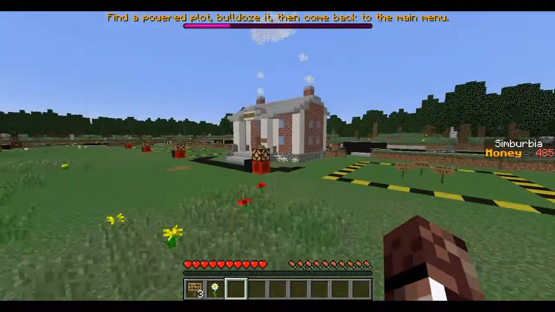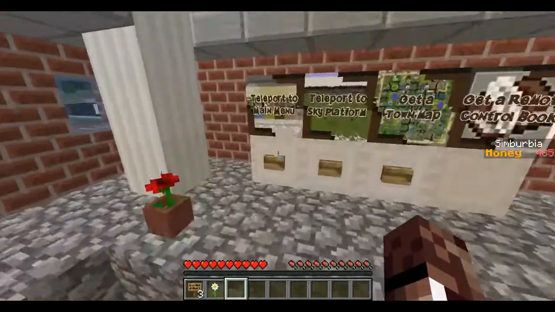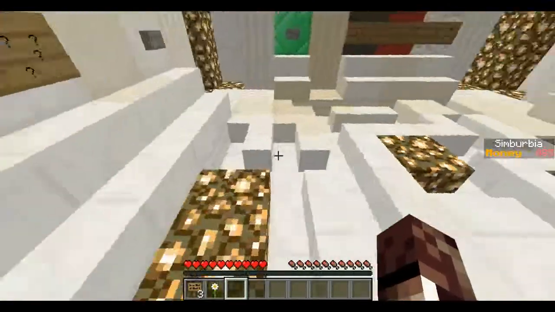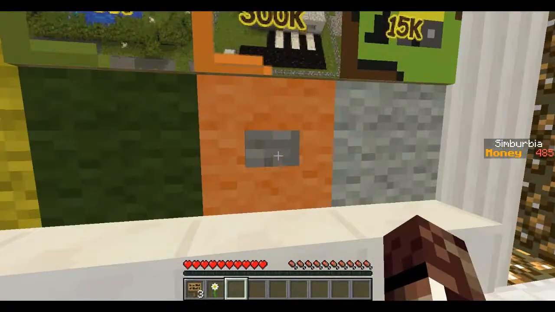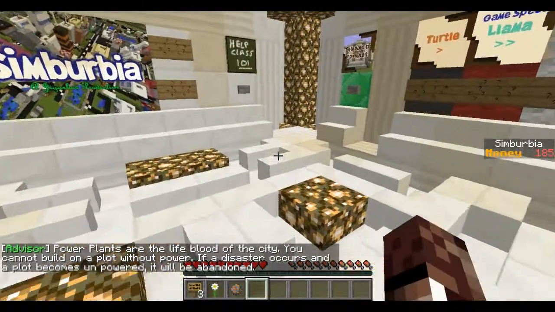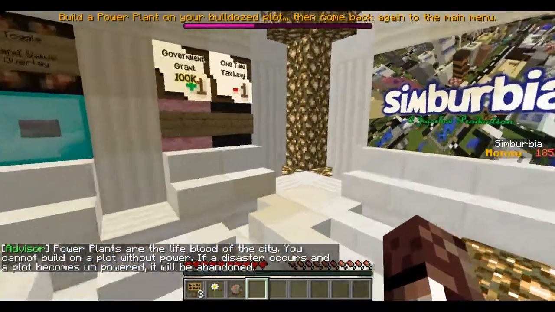Now it says find a powered plot, bulldoze it, then come back to the main menu. So they want us to go back now. And I'm guessing, yeah, okay. So they don't tell you what to do next, which I kind of guessed meant to buy the only thing that we can buy. Power plant, 300k. That's kind of a lot of money. If you'll notice, that money is over there on the side of the screen